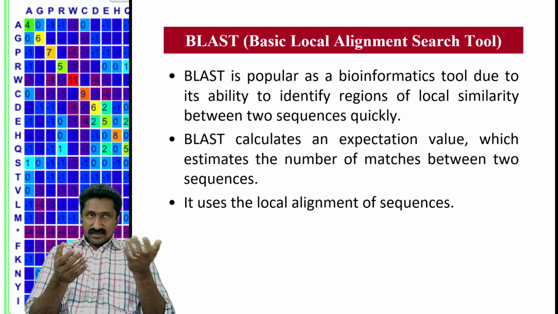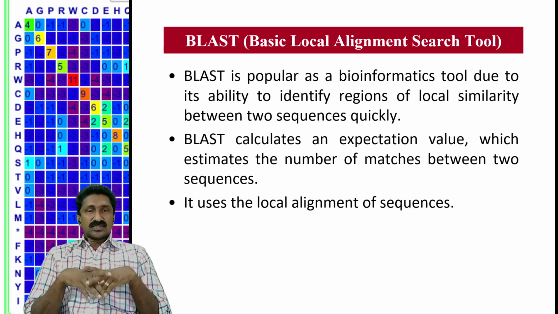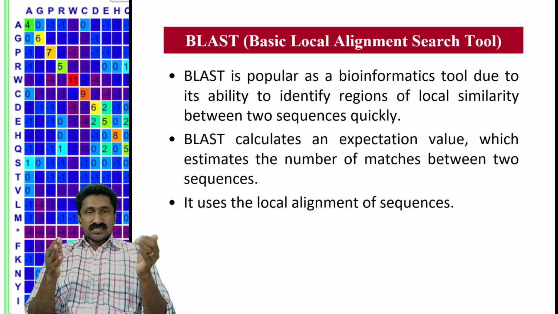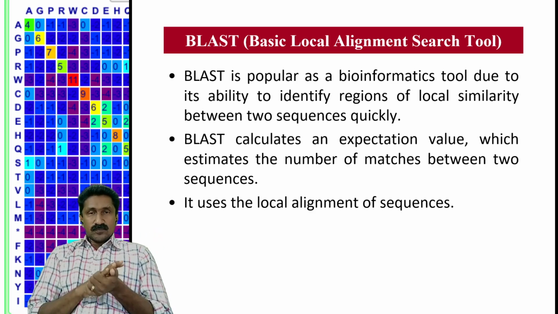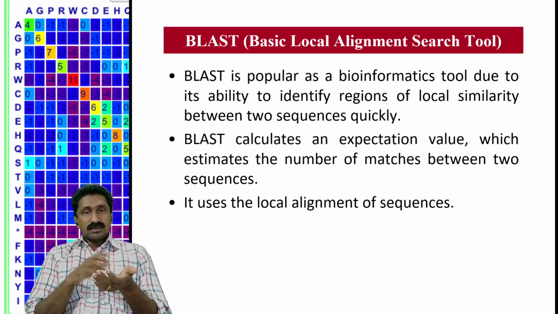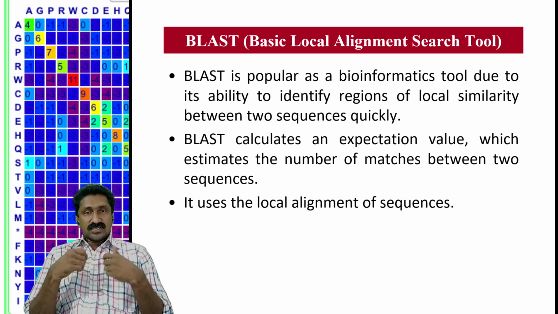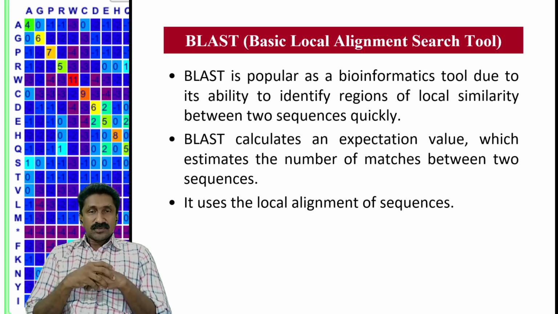Whereas we have the FASTA. In that case, the exact word is searched for. So there are no mutations allowed, because it is a word-based search. The exact word should be there, so it won't allow any flexibility. For example, if you are searching for alignment, it won't give you a match with ligament.